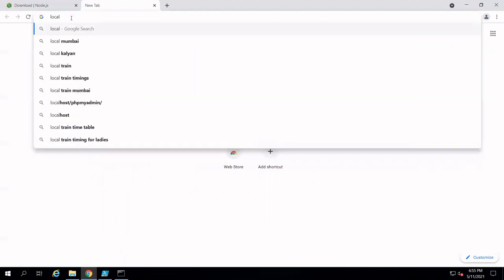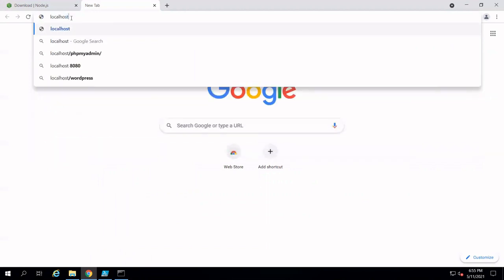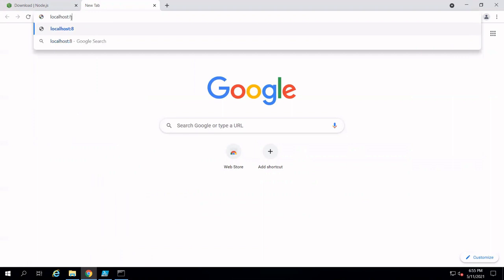In that browser, you have to use the path localhost:8080. Now you can see my program has been successfully executed. So here Hello World has got printed on my web screen. So in this way, you have created the first application using Node.js and npm successfully.